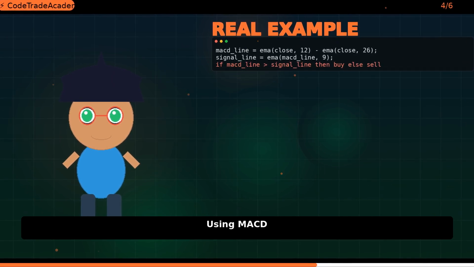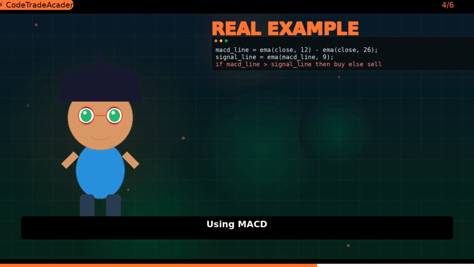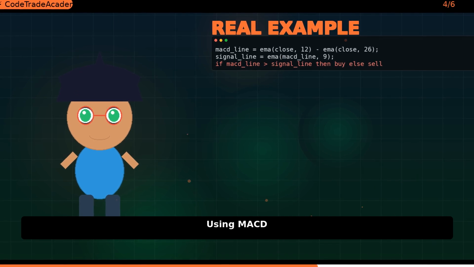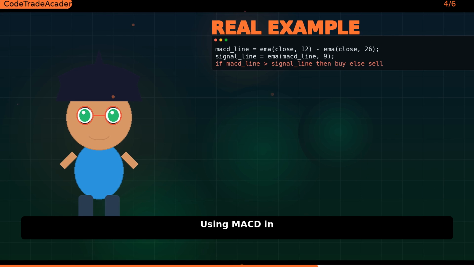Signal line = EMA(MACD line, 9). We can then use these lines to identify a bullish crossover, where the MACD line crosses above the signal line. For example, if MACD line > signal line then